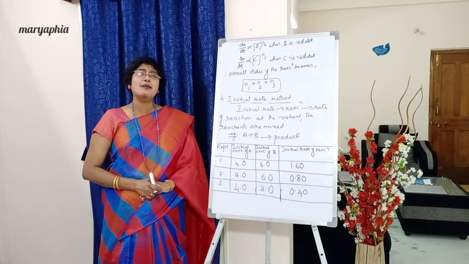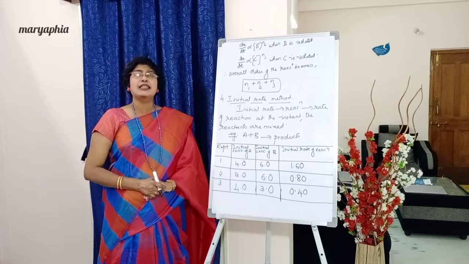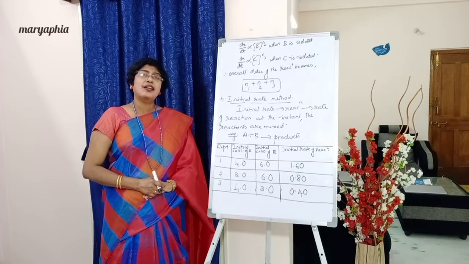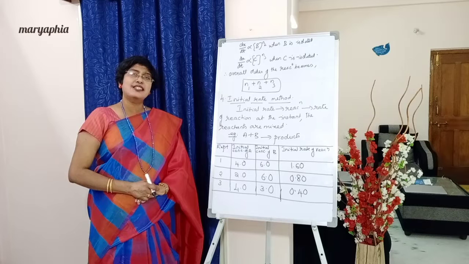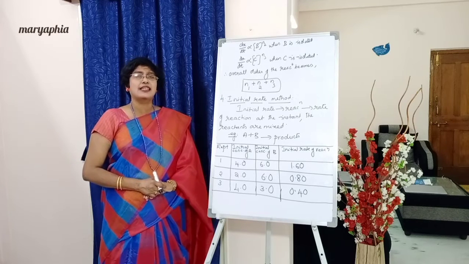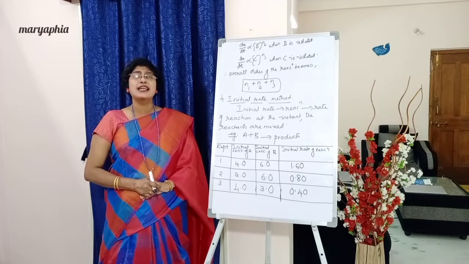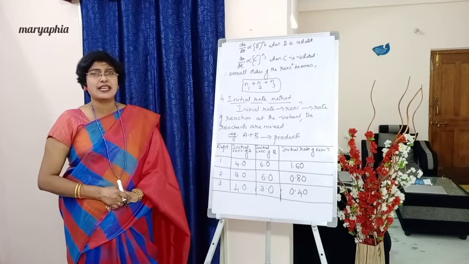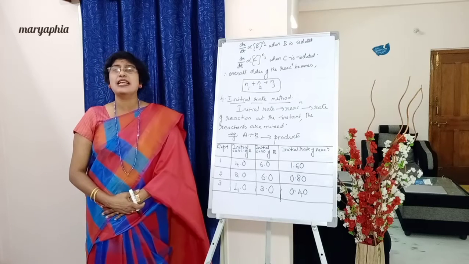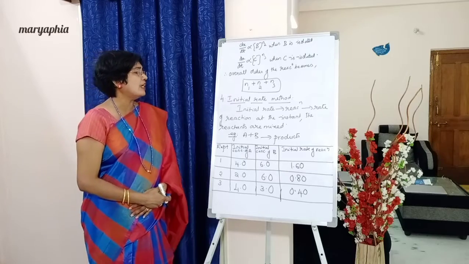Coming to the last and final method, that is the fourth method. Put the side heading: initial rate method. What is this initial rate? Initial rate means, students, as soon as we mix the reactants, when we determine the rate of the reaction, that rate itself is called the initial rate of the reaction. So at the instant when we mix the reactants, if the rate of reaction is determined immediately, that rate is called the initial rate. Okay, write down.